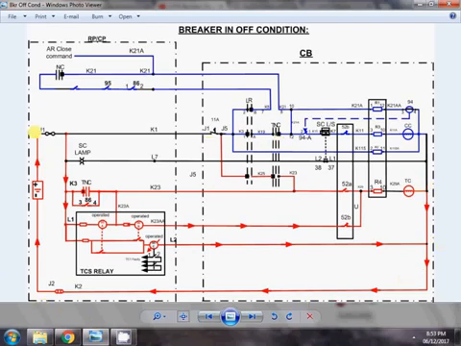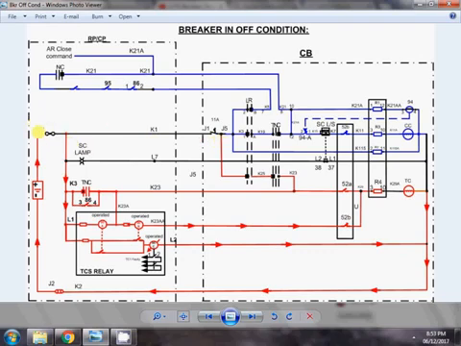circuit. As the breaker is in the off condition, positive can be extended to the closing coil, but positive cannot be extended to the tripping coil, because the breaker is already in the off condition. Hence in the auxiliary contact they have used a closing contact for the closing circuit and an open contact for the tripping circuit, so that the positive cannot be extended. Now we'll see how the operation of the closing circuit is.